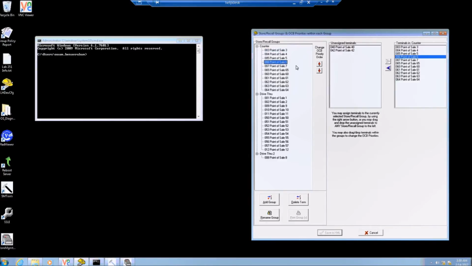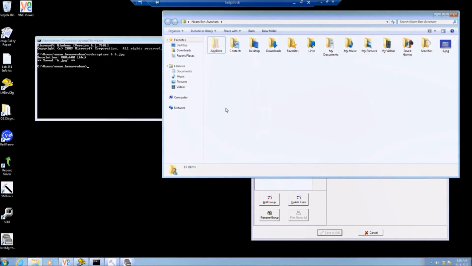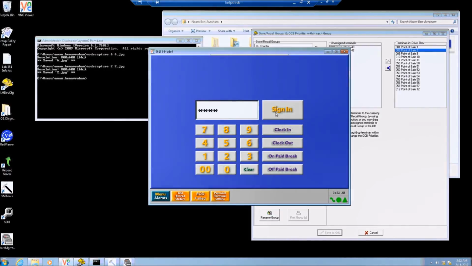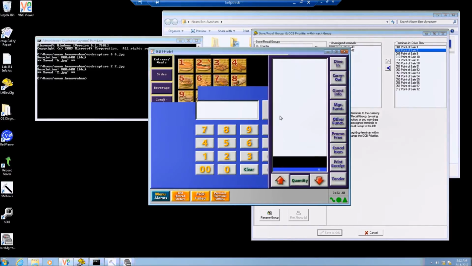Pick one register from each store recall group and screenshot it in command prompt using node capture, the register number, and a name for the file. Let's screenshot register 6 and name it 6.jpg. Open the picture from your personal folder and look for the error on the POS menu bar. If one of the registers has the error,